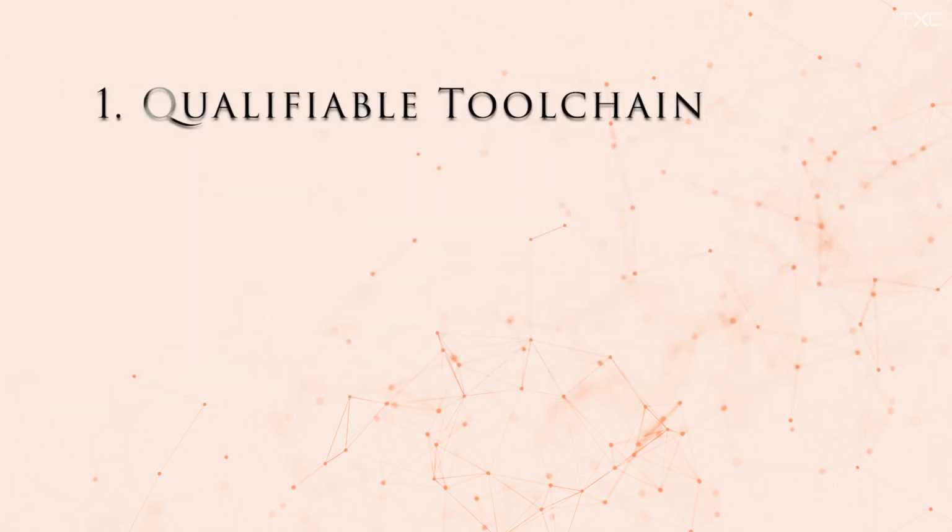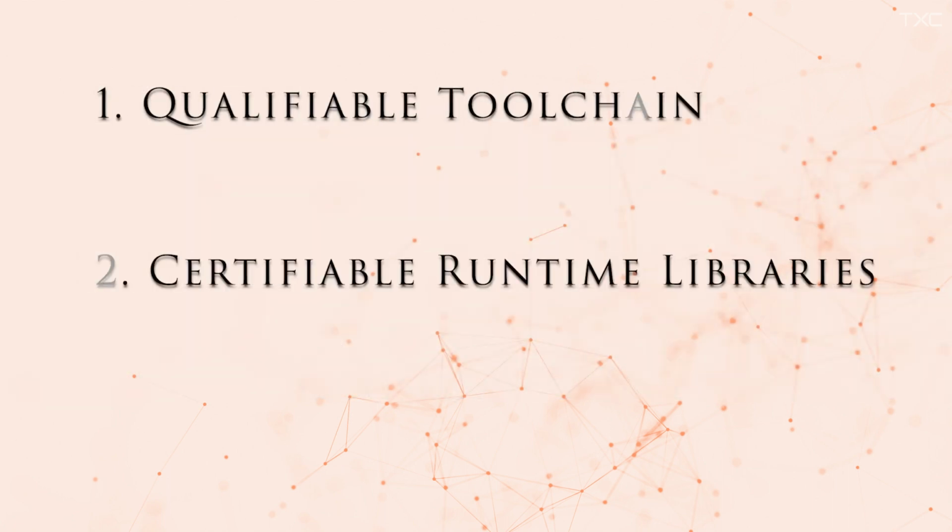Developers of certifiable software also need a clear path to achieving their certification objectives. No one wants to embark on a software project that needs certification without assurance that they're going to be able to comply with the objectives in their standard before they even start writing a line of code. Now, these details depend on the certification domain, but broadly, there's three components that we need to talk about. We need to have a qualifiable toolchain, we need to have certifiable runtime libraries, and we need to have qualifiable